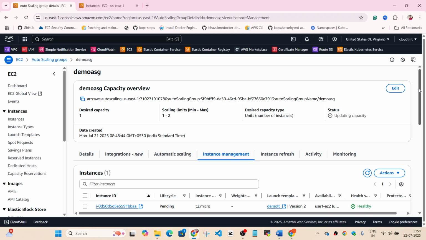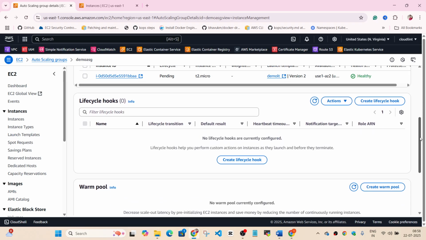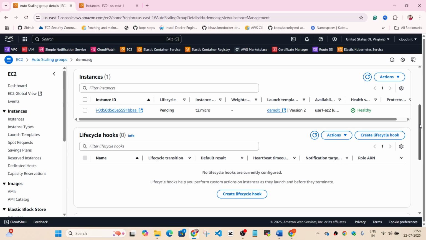So a few things about auto scaling group which I didn't talk about yesterday are these. Lifecycle hooks, very important from an interview point of view. Lifecycle hooks are a way by which you can create a custom action. For example, when you launch an instance as part of your auto scaling group, you know that the instance is not going to be ready for 5 minutes because it has some software packages that it's trying to install.